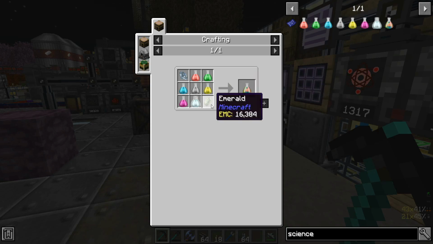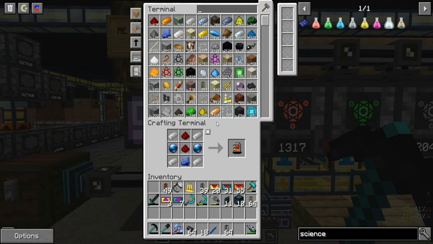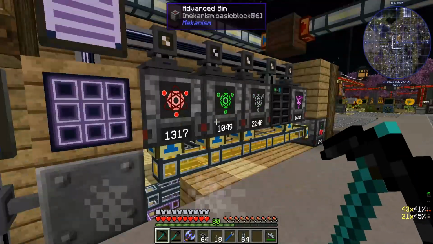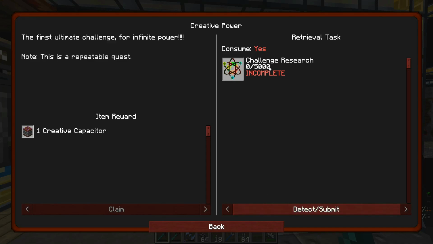I don't have a ton of emeralds. Emeralds is my main one at the moment. I think emeralds themselves, I've got 172. Diamonds, I've got 1600. So I could make 172 challenge science packs, or I can EMC a bunch. That's where I'm at. So obviously the challenge science, I need 5,000 for a creative capacitor,